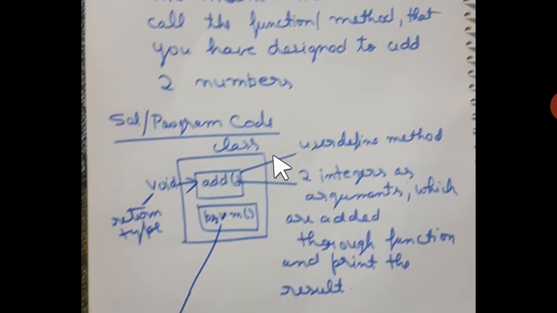Students, the basic idea of the program I'm just giving you, what is going to be there in the program. You need to design a class, and you can give any sensible name to the class which you are going to define. After that we have got two functions here. One is the user defined one, that is add, and the other is the main function, which is going to be used to create the object and call this add function which you have defined. Now what this add function does, it simply prints the result. So it doesn't return anything. The return type will be void.